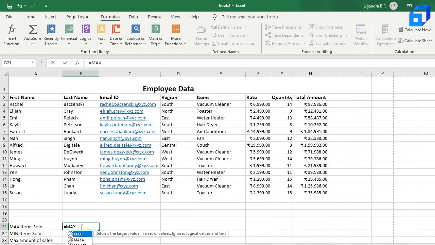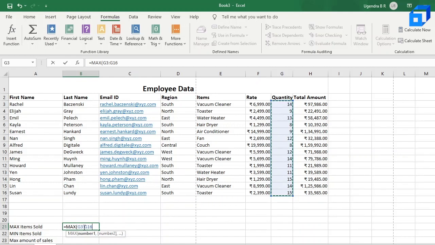So now we want to use the max function, and to use a formula in Excel, after the function name you need to start with a bracket sign and number 1, number 2. So instead of this, we can select this whole range, since we want to get the maximum items sold in this particular column. So that will be G3 colon G16.